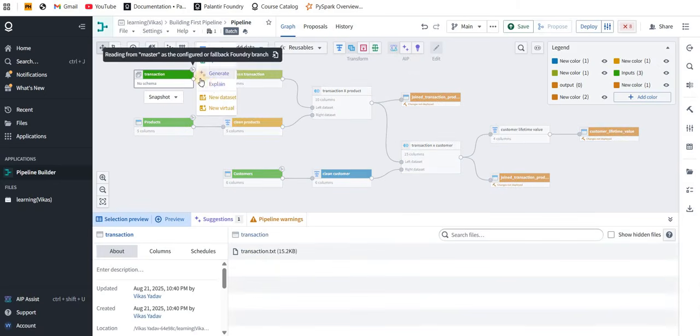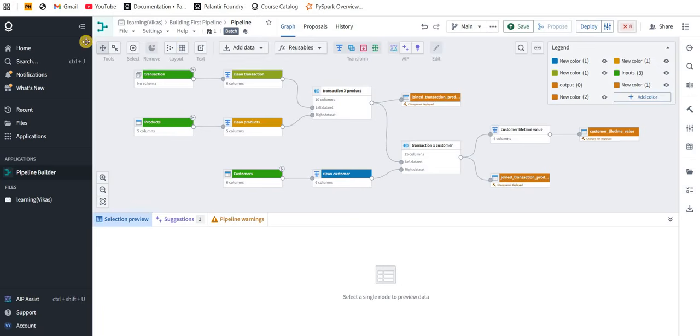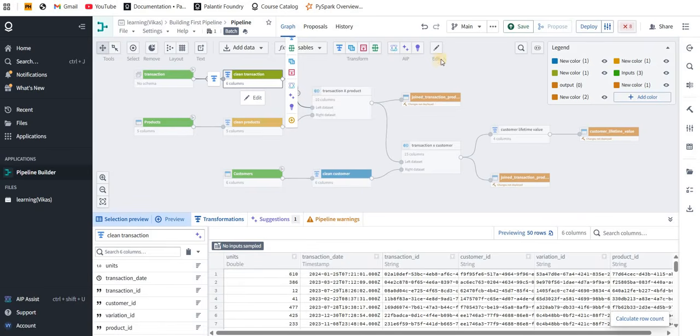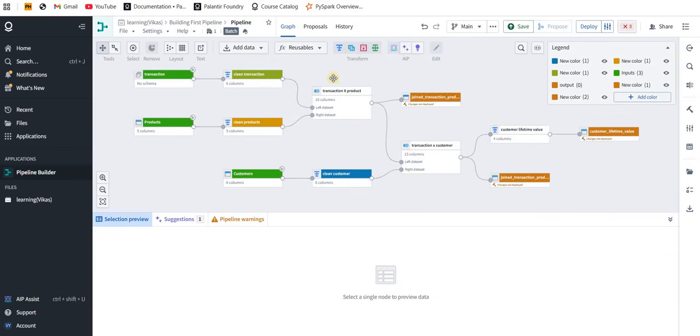I'll be explaining this: you select a node and it will explain everything. If you want AIP-related generation, or any help from it, it will help over here. Till here we have reached, and edit: obviously you can edit after selecting a node. After seeing all these things, this is just a walkthrough video. I am telling you what things are in Pipeline Builder. If you need more, I'll definitely make a video on that. First I am walking through what is available here.